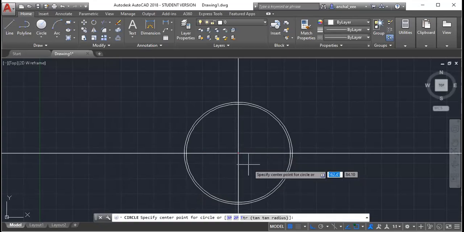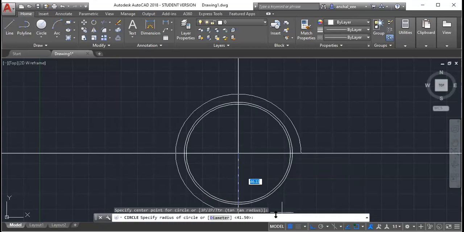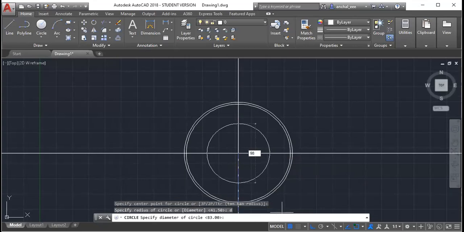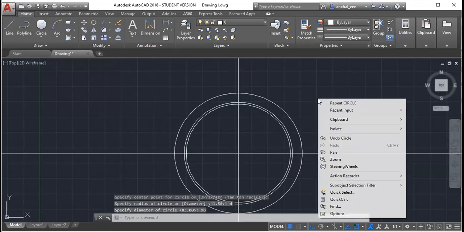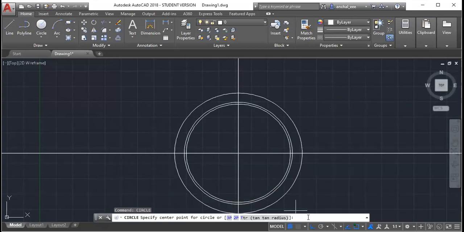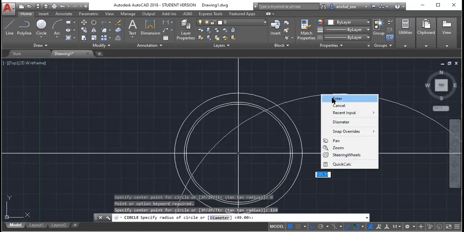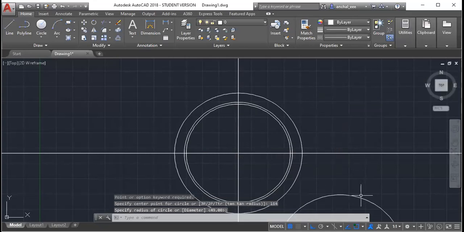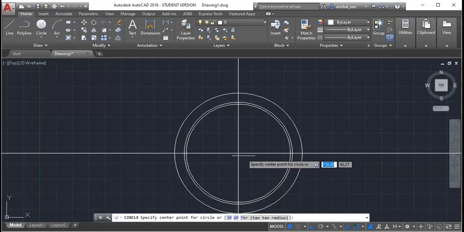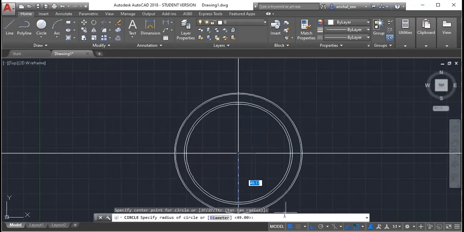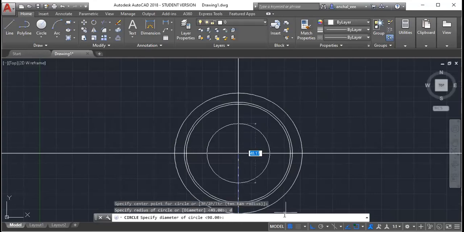Circle, with this center and a dia of 98. Okay, and then again I'll repeat the circle. Circle, dia, inner of HV, 114.